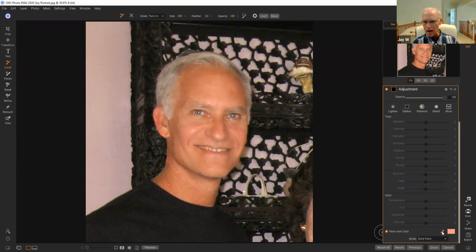So I hit the dropper. I come over to my nose and I say, I want that area to not be the white area, but I want it to be near the white area, right over there. Whoop. Let's try that again. I don't know why it went to black, but there we go. All right. So now you see in the box here, the color that I've selected is the color right next to that